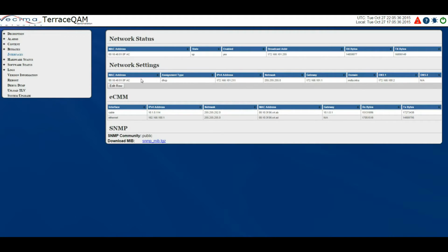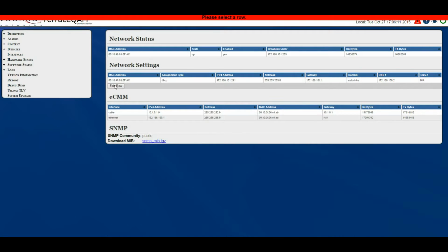Network settings include the MAC address, which is the MAC address of the Terrace QAM host, assignment type, which can be either DHCP or static and determines the IP allocation assignment, the IPv4 address, the net mask, the gateway, the domain, DNS1, which is the primary domain name server IP address, and DNS2, which is the secondary domain name server IP address. To change these network settings, click Edit Row,